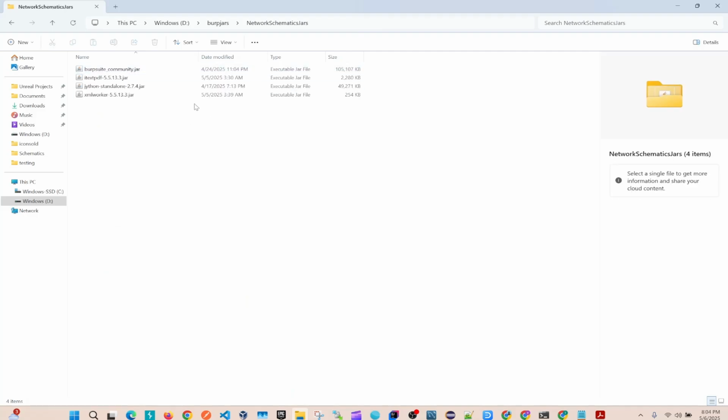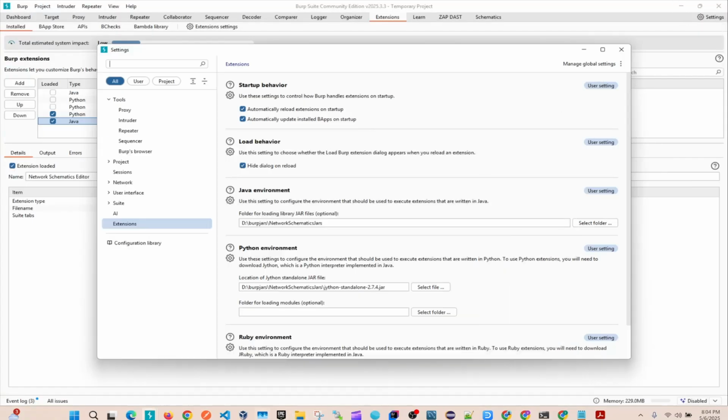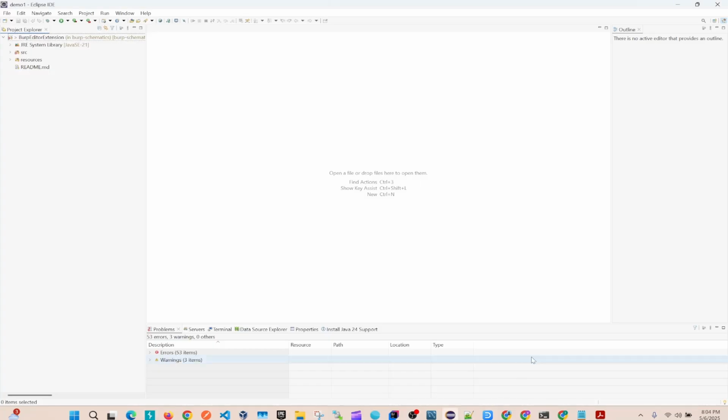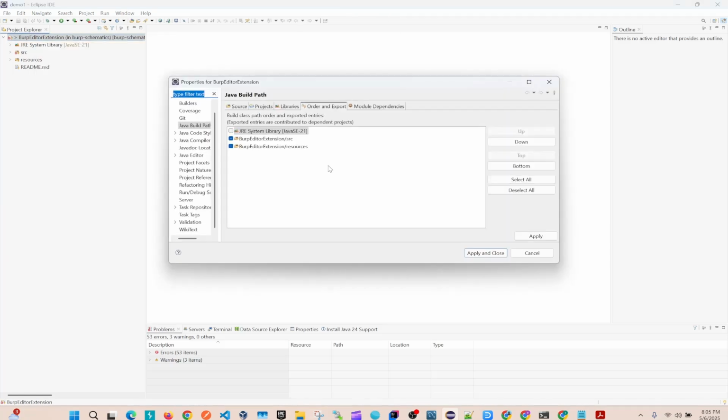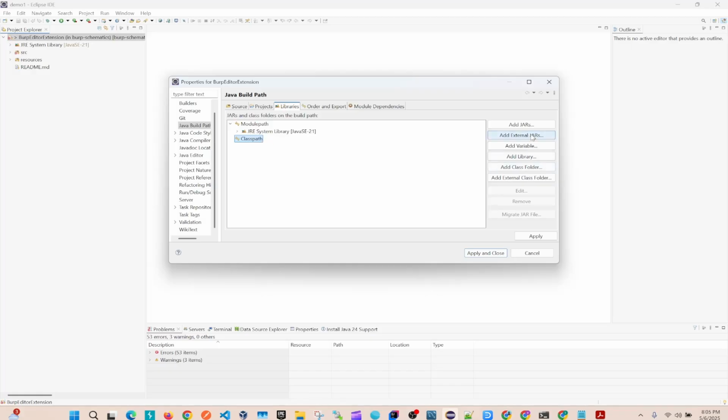You're going to need the dependencies first. Obviously, the XMLWorker, the iText PDF, and the Burp Suite Community, which is the API. So you're going to need those on the class path. Basically, what you need to do is, let me copy this, it'll be easier for me. Go back to here and build path, configure build path. You're going to go to Libraries, select Class Path, add external jars,